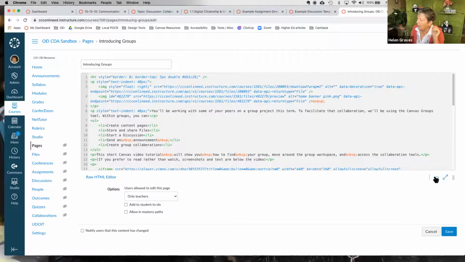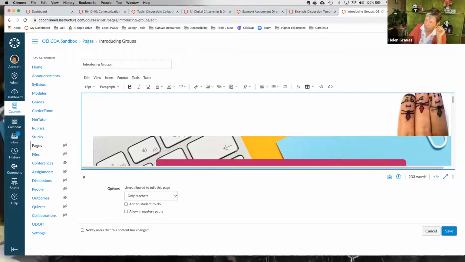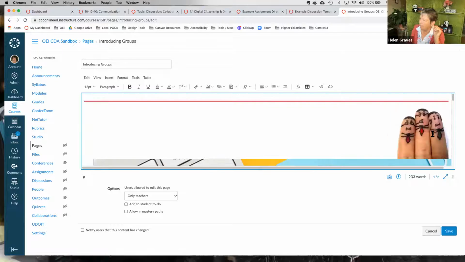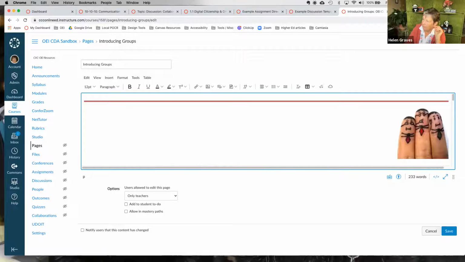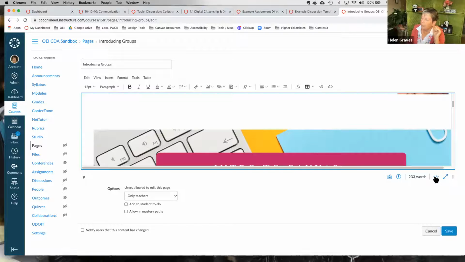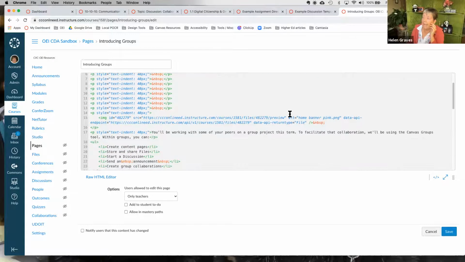All right, so here's a little trick. I put my cursor next to wherever I want to work. And then, oh, why is it not letting me do this? Okay, there we go. So I've got a bunch of horizontal lines there so that when I go into the code, I can quickly see that's where above where my banner is. So this must be my banner. And in fact, it is, because I can see it says home banner. I'm going to want to take out the PNG because the file type is never appropriate for alt text.